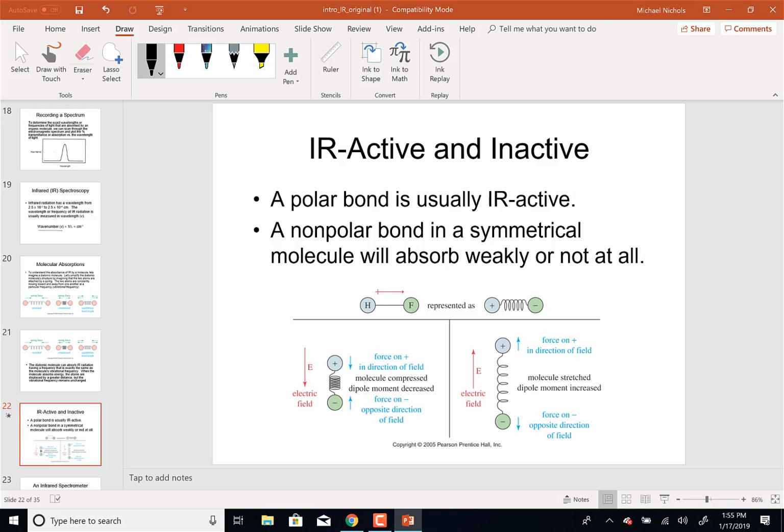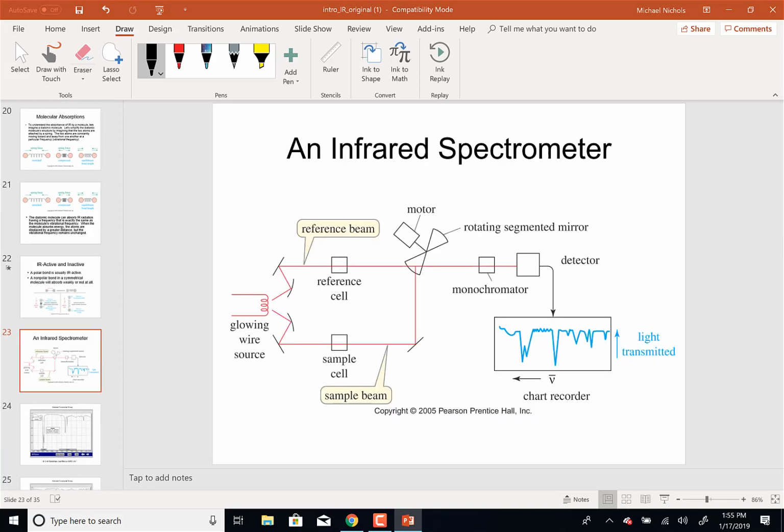So the idea here is that molecules, whether they're stretching their bond or whether a CH3 group is going like this, they're changing their dipole moment, and that frequency then is in the infrared. And so a particular wavelength of light will cause that molecule to have energy absorbed. But each one of those vibrations is different, so it shows up on a different part of the spectrum. Okay? So I've just given you an infrared spectrometer.